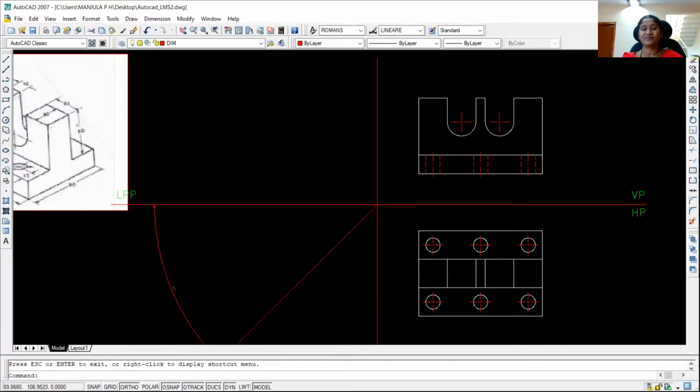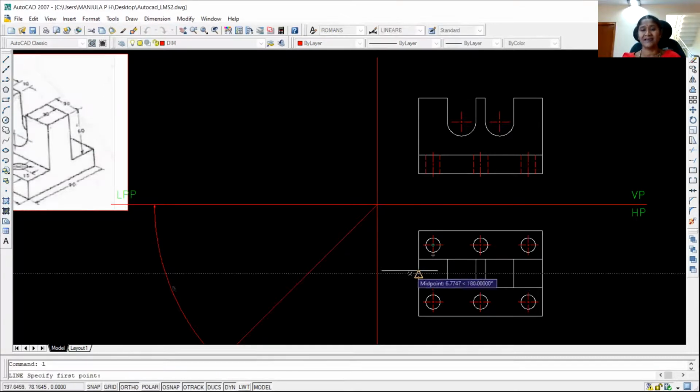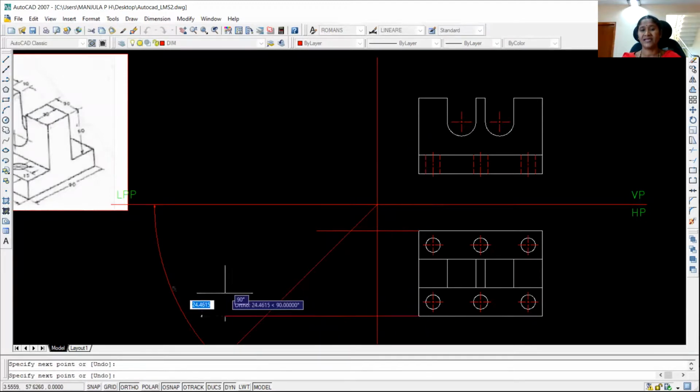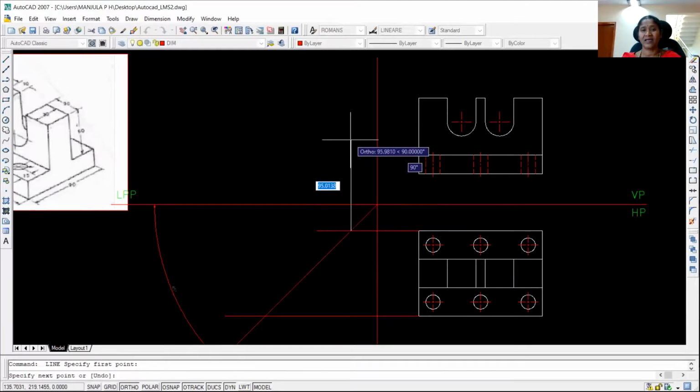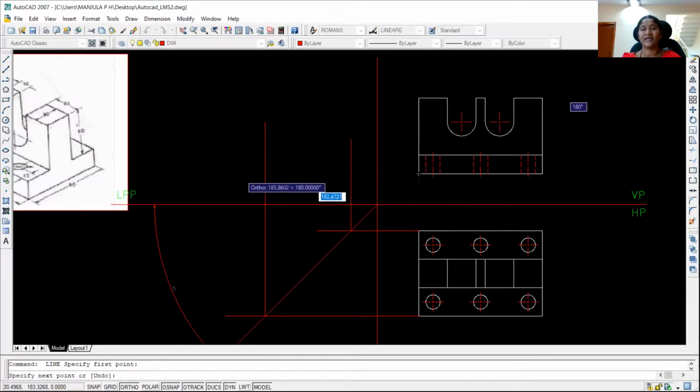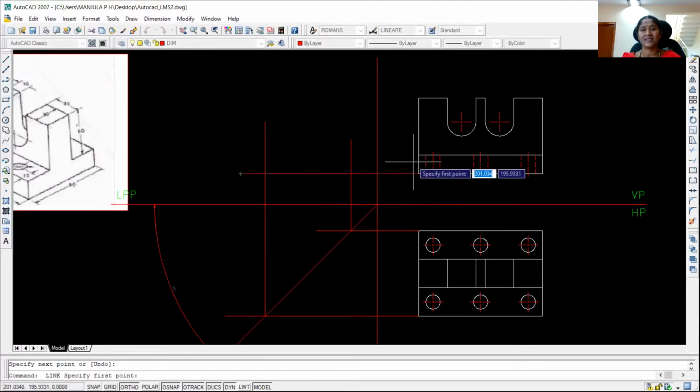top view. So for that, what line command, line enter. So from this end, you draw a line to the 45-degree line. Okay, space bar. Again, from this end, you draw a line to the 45-degree line. Again, you project it upwards. From this line, you draw a vertical projector. Again, from this point, you draw a vertical projector to the front view. So now from this end, from the front view, you draw horizontal projectors. So from this point, you draw a horizontal projector to the side view.